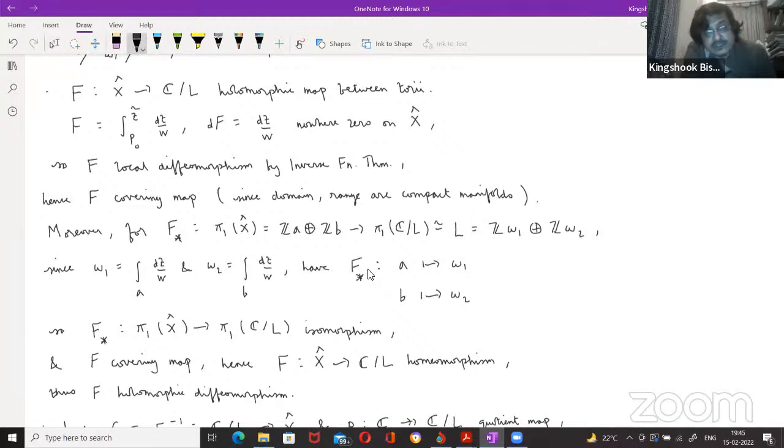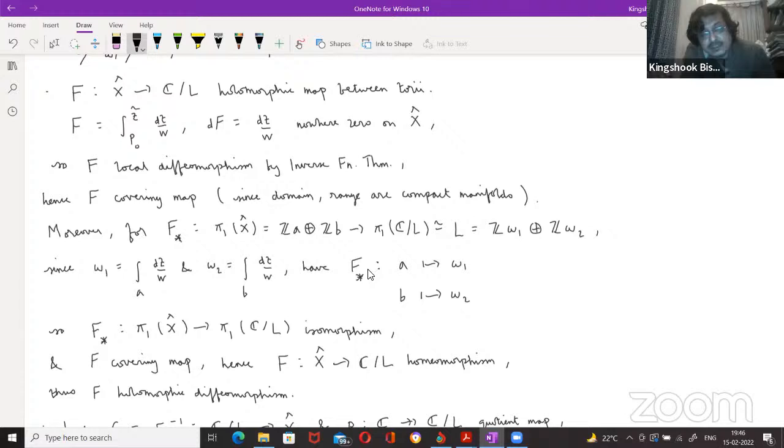So we look at the induced action on the fundamental group. So from pi1 of X hat, that's generated by the A curve and the B curve, to pi1 of this torus C modulo L. So pi1 of C modulo L, I can identify with the lattice L. So it's Z omega 1 plus Z omega 2. And because omega 1 is the integral of this differential form over the A curve, and omega 2 is the integral of dz over W over the B curve,